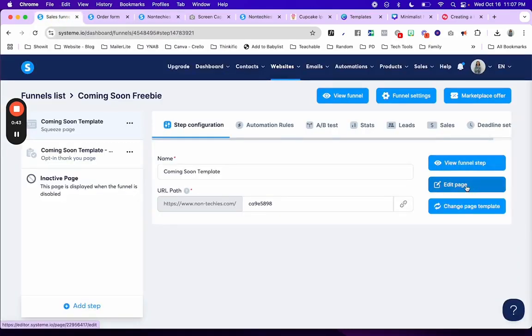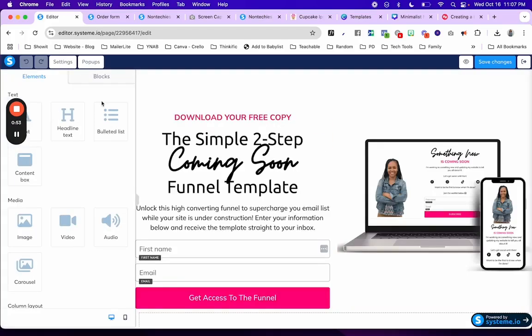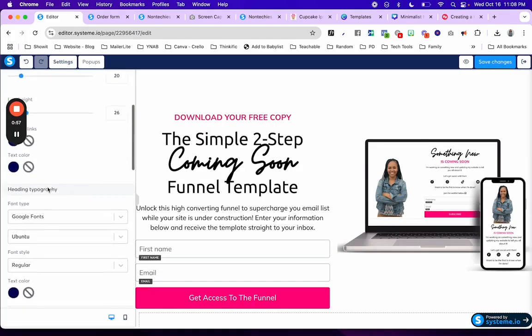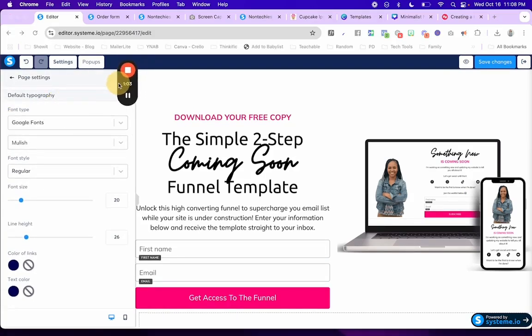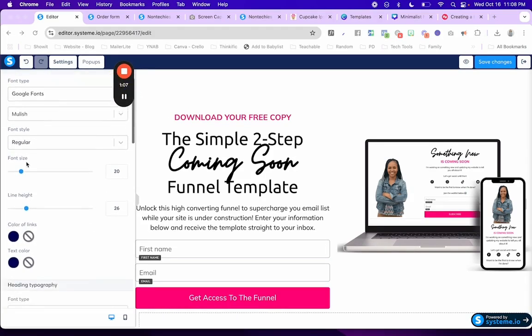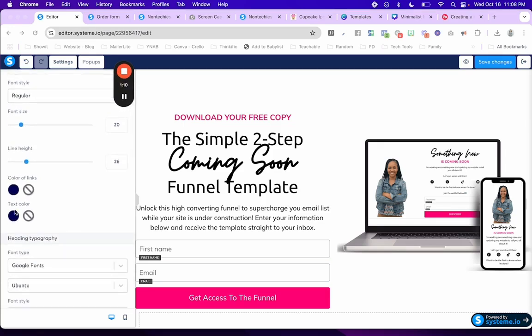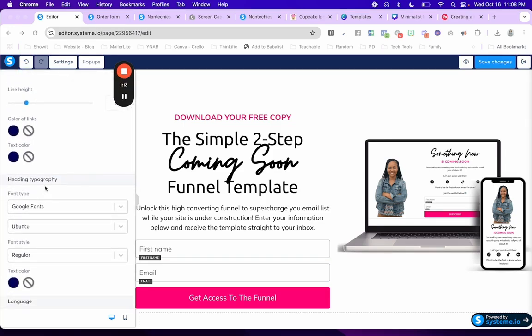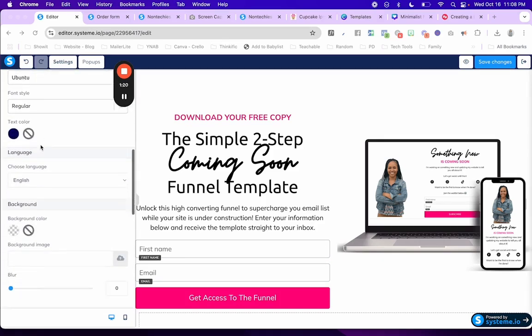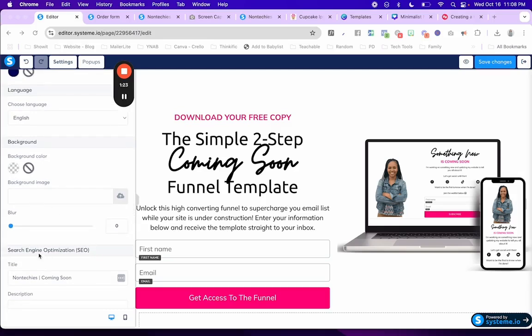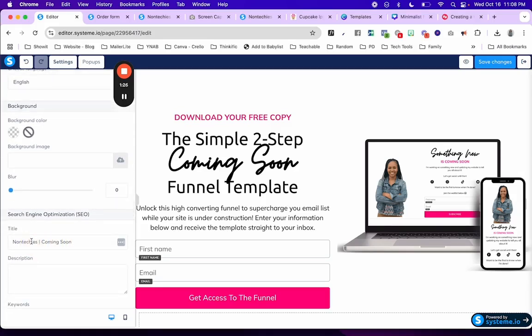If you're wondering, sometimes it'll say squeeze page or whatever your name is right here, and you wanted to say something else. So you just click on edit page, and then you go to settings. And if you come down, just while we're here though, if you're ever wondering what the default typography, font size, colors, if you're wanting to change that, the heading, so this is the default text, this is the heading, typography, language, background color, image, all of that. And then we get here to title, and so we'll call this